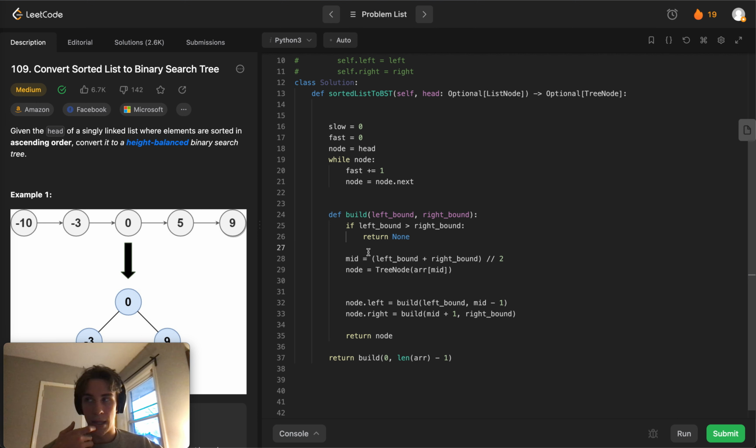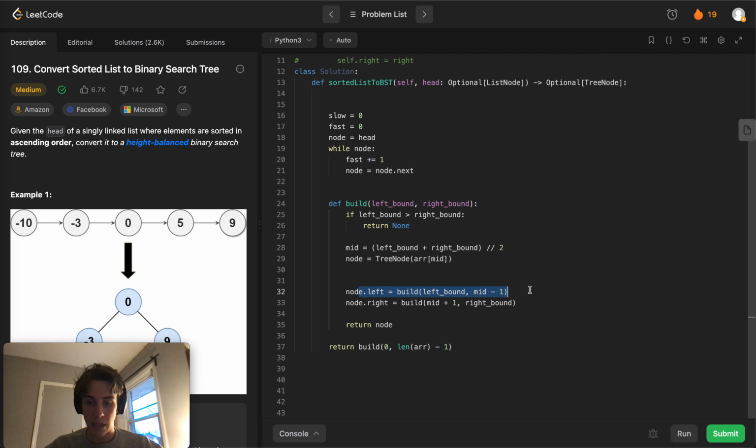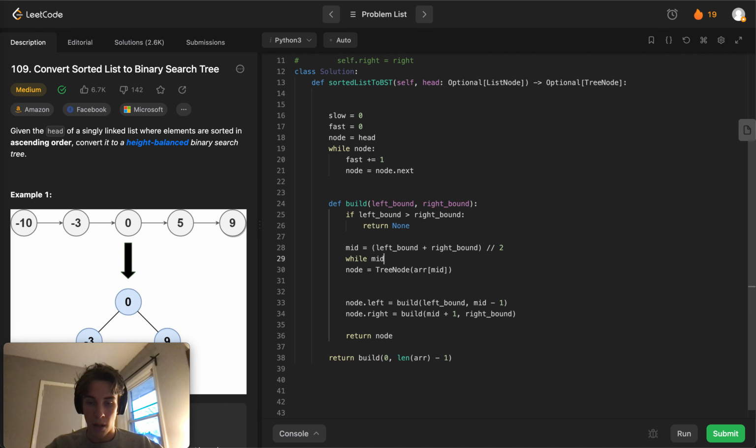The mid, how am I going to find the mid? Well, I can find the mid pretty easily. I guess left bound and right bound are the mid for me. Fast and slow point to that exact thing. Okay, left bound, right bound. That's all good. Then I get the mid, I get the node, and I pass down, okay, except that the value now is